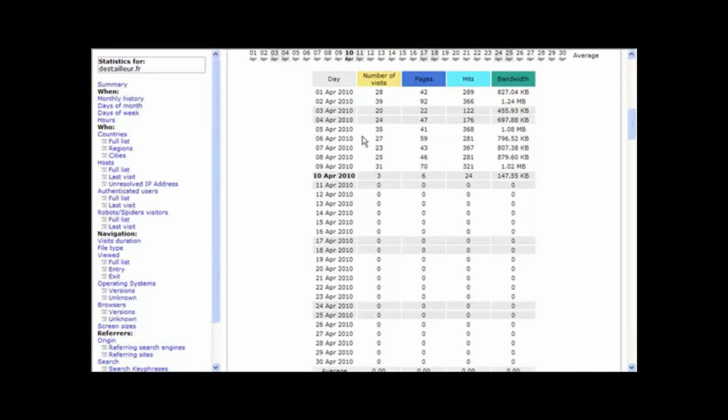So this is Google Analytics and AW Stats. They're two methods of tracking information on your website. I've shown you how to calculate your conversion rate: it's the number of sales divided by the number of visitors times 100. That will give you your conversion rate, and I've shown you some more interesting statistics here. Now if you want to find out more about Google Analytics, just go into the education section and watch the videos there. They'll show you everything you need to know, and it's going to be a lot easier for you to understand.